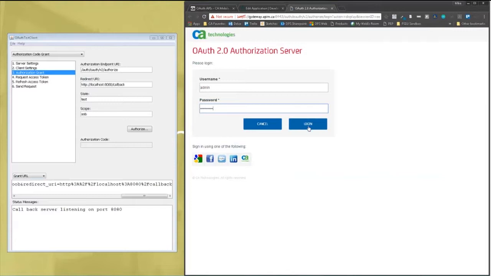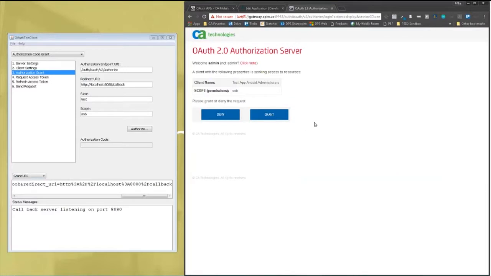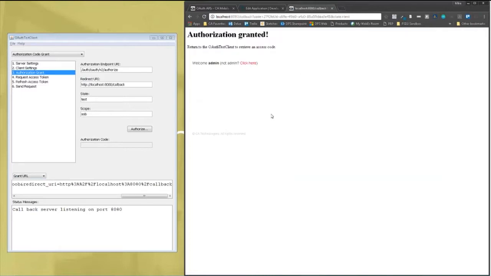What do you think? Exactly. The scope comes up. So as usual, as you will define what profile information, what type of information you would like to give permissions to be accessed by the client, you grant it. So let's grant it here. And we see authorization granted. So we can now return back to the